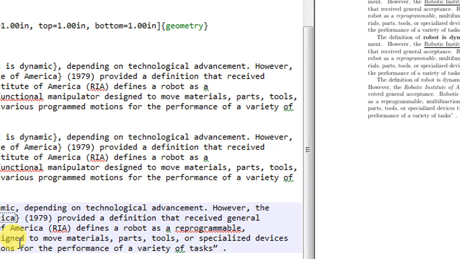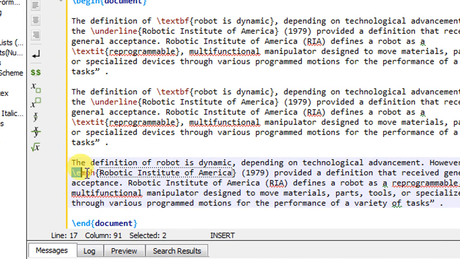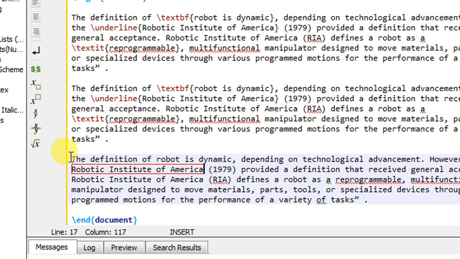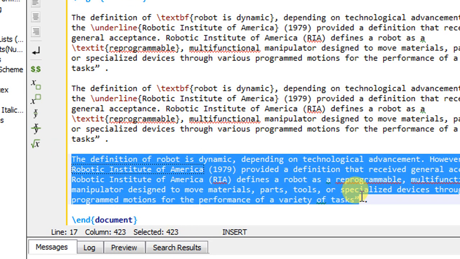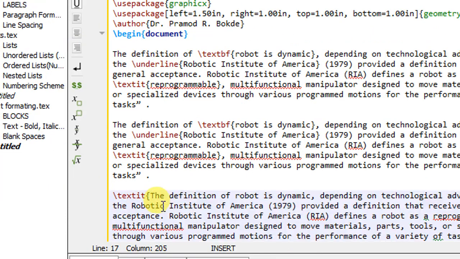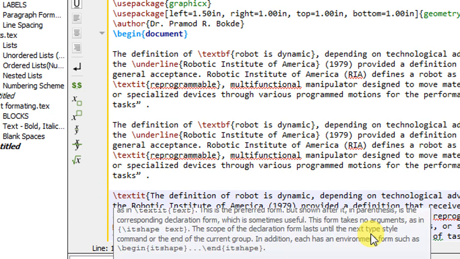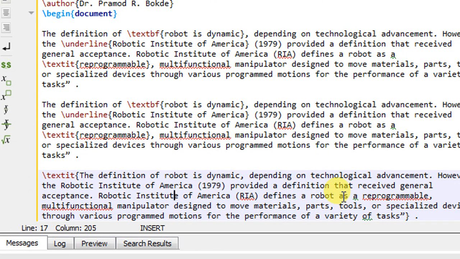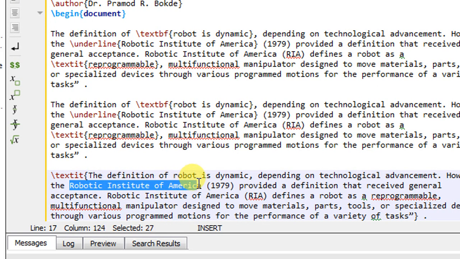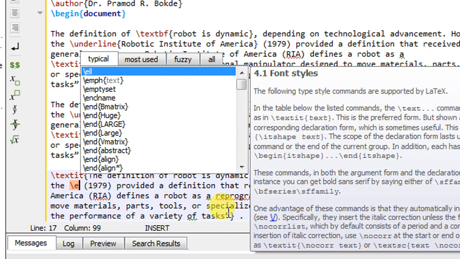But the difference is, suppose I remove this and make all this text italics. By doing this, all the text in this paragraph will be made italics. Now suppose I select Robotic Institute of America and make it emphasized, \emph, and press enter.